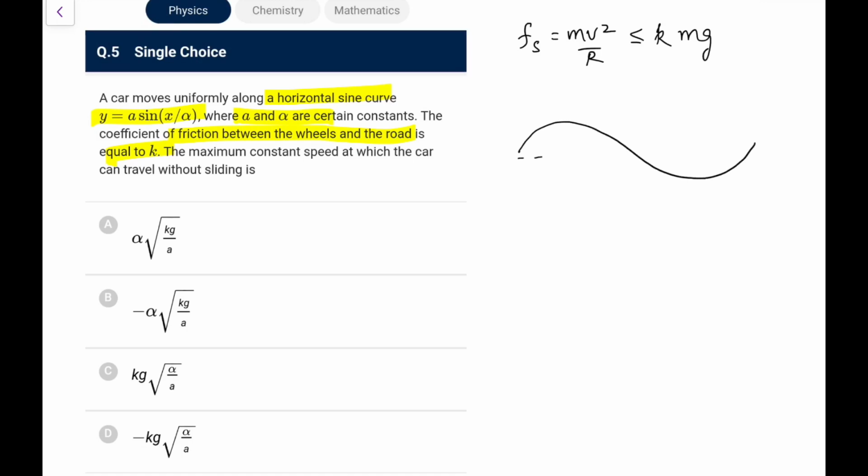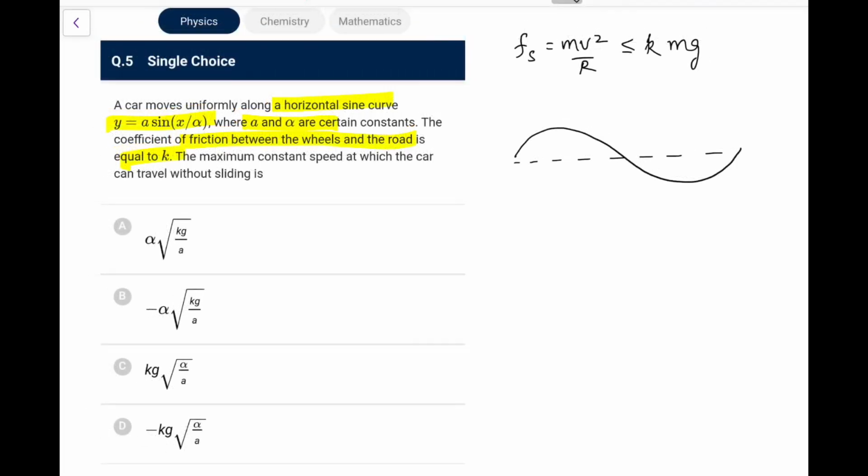So I have to just find the radius of curvature at any point. How to find this radius of curvature? First of all, the radius of curvature at any point can be determined. Again, I think this is somewhat beyond, I don't know if you study it in maths. The radius of curvature of such a curve is defined as 1 plus y prime, where y prime means the first derivative, 1 plus y prime square to the power 3 by 2 divided by y double prime. This is a standard result that is derived in mathematics for the radius of curvature.